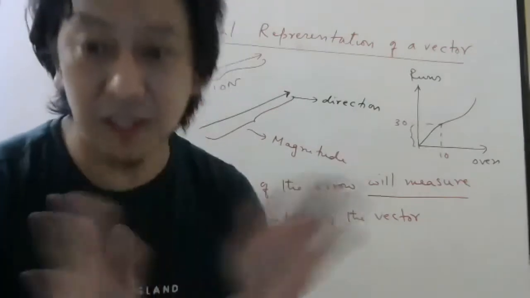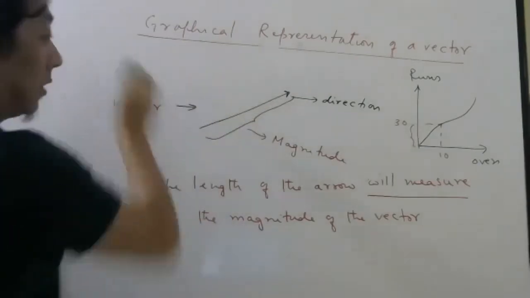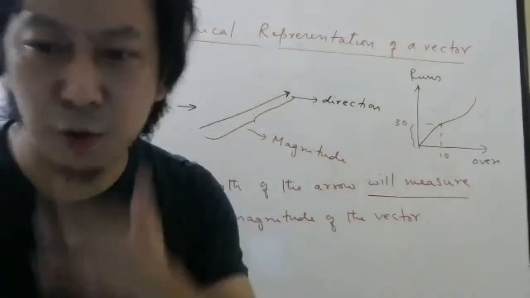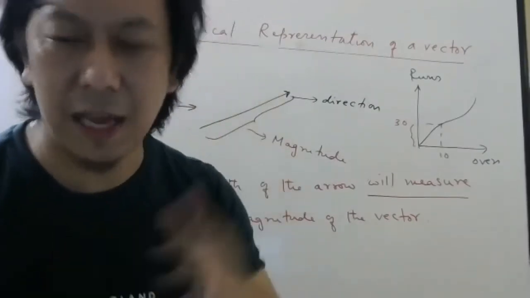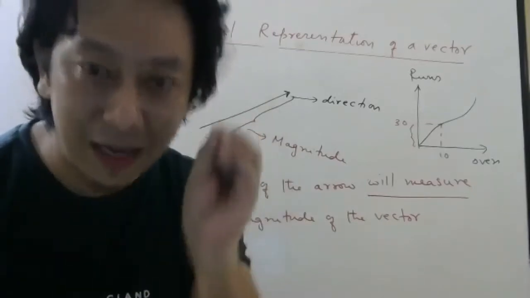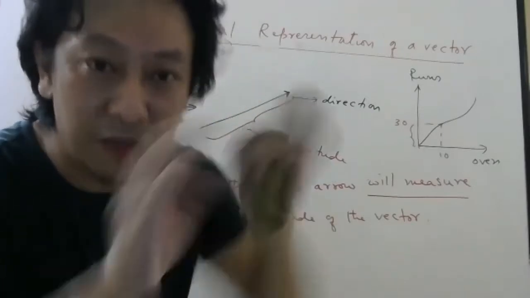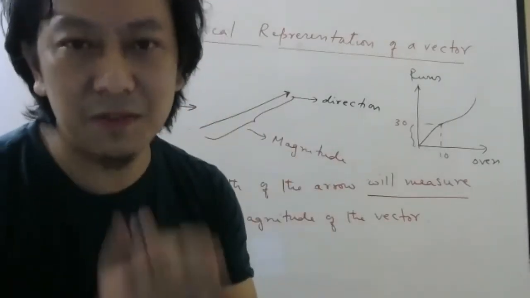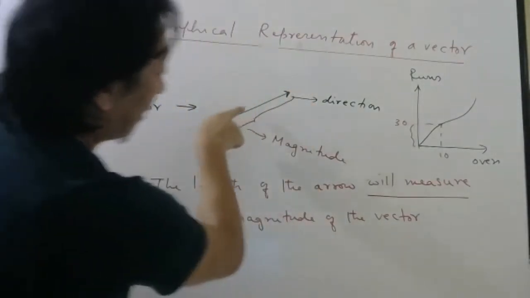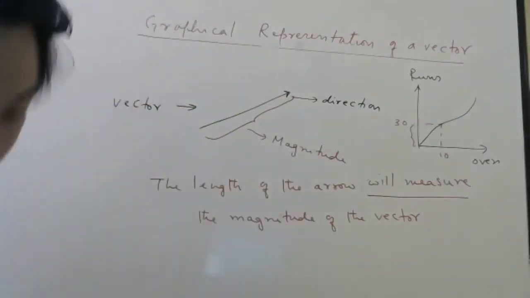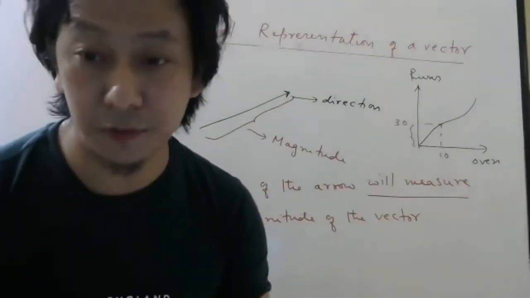See, I want to tell you everything so that you don't get confused later. If any doubt comes, please tell me. Students, I have been teaching for the past 17 years, and when I was studying, I used to have too many doubts. That is why when I study or teach, I try to go deep and know everything. Once you do that, entrance exams become very simple. So the length gives you the magnitude, and wherever the arrow is gives you the direction. After this, let us look at learning exercise 2.4 in our material.